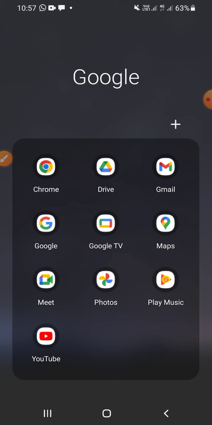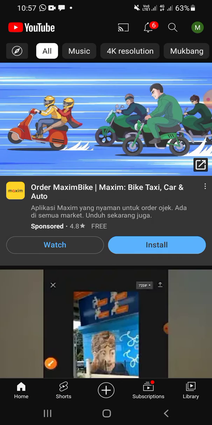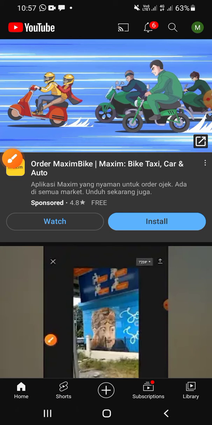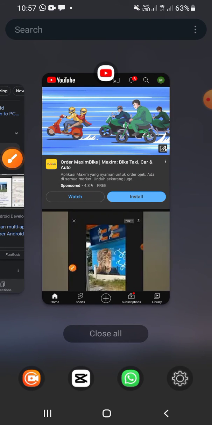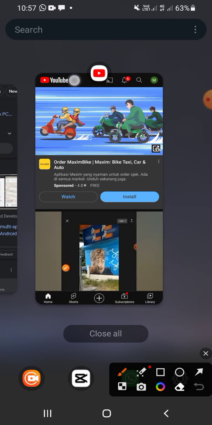This video will show you how to minimize YouTube on Android. If you want to minimize your YouTube on your Android, first of all, of course, you have to open the YouTube application on your phone. And then you can click on the recent button on the bottom of your screen like this. And then you can swipe your screen and you can click on the YouTube